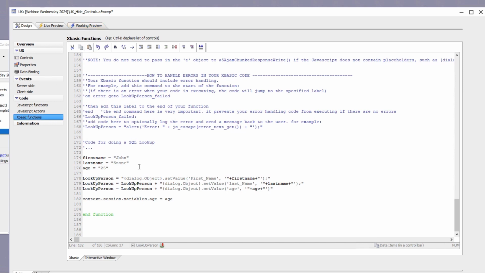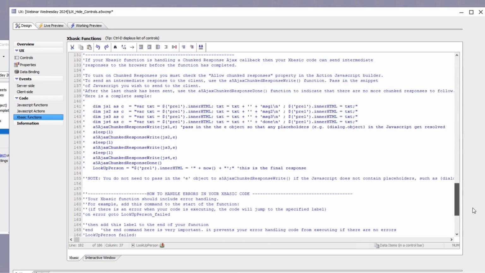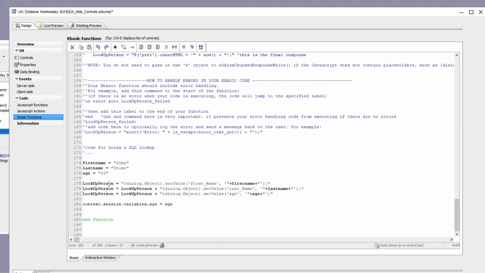And it sets three local variables, first name, last name, and age. These will disappear, not be used, as soon as the script has stopped running. But what I'll do with these variables is I will set them into the result of my AJAX callback. My AJAX callback, by the way, is called lookupPerson. So my AJAX callback needs to return some JavaScript set to lookupPerson that will execute when it's returned back to the browser. So to do that, I've inserted basically three things to concatenate to that lookupPerson. The first one I've added was